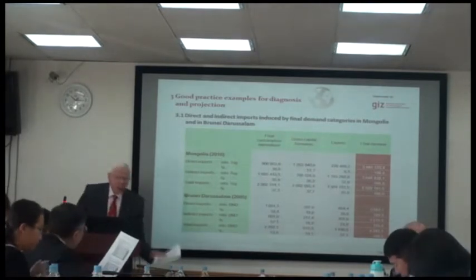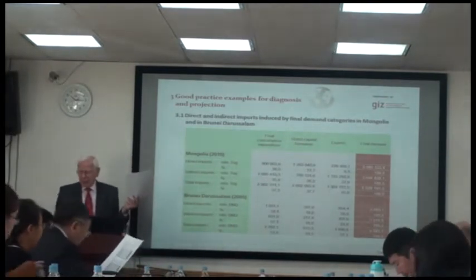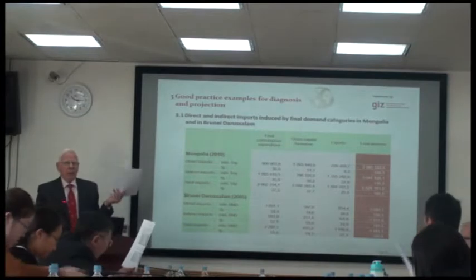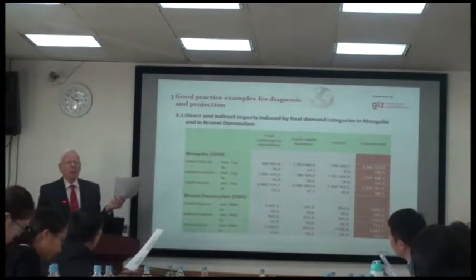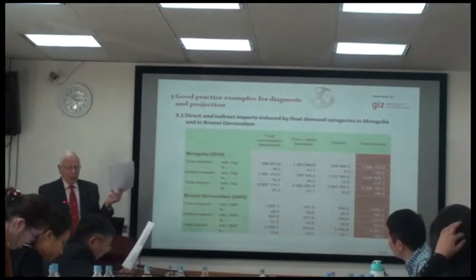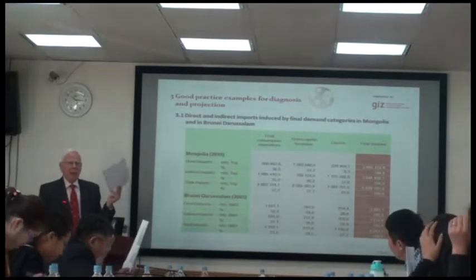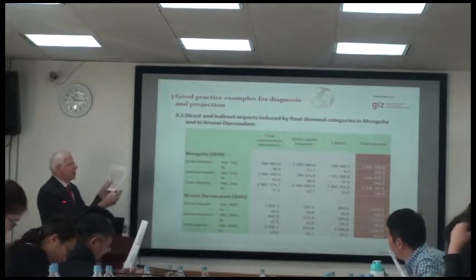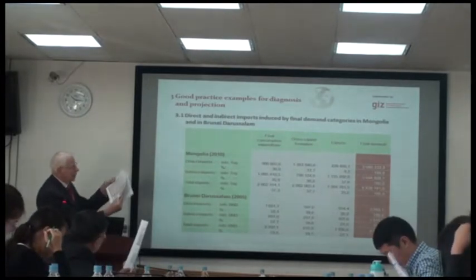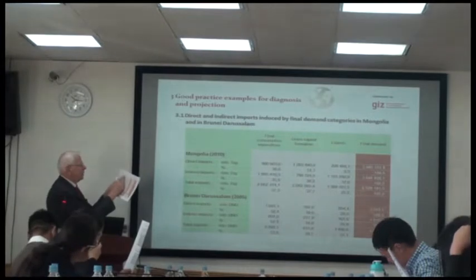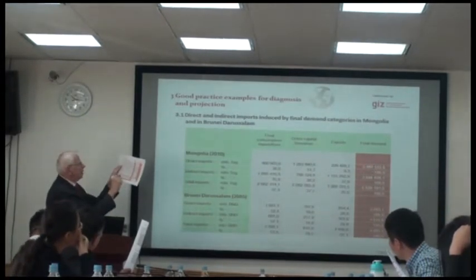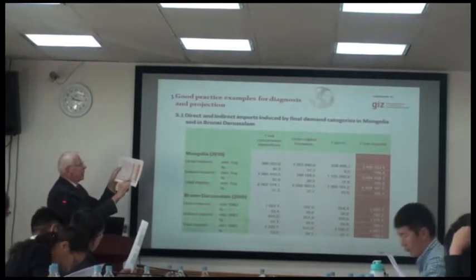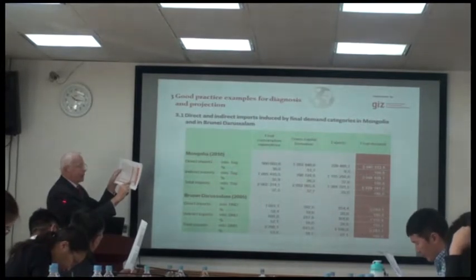So far, if we have discussed imports, I have always mentioned intermediate imports. And you have learned, I hope so, in the 1.5 days, intermediate imports are imports which are further processed in Mongolia. They are not directly for the final use. In the final use, we have a specific row that is on the second page of your IOT for 2010. You have here a row imports. Columns 1 to 20, these are intermediate imports. And then there will be added the final imports.